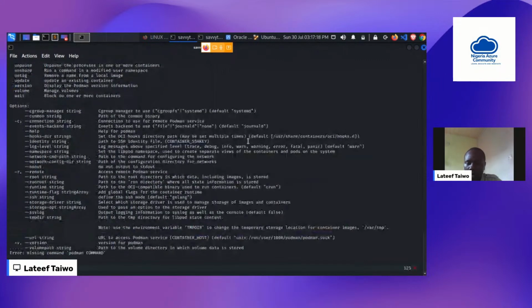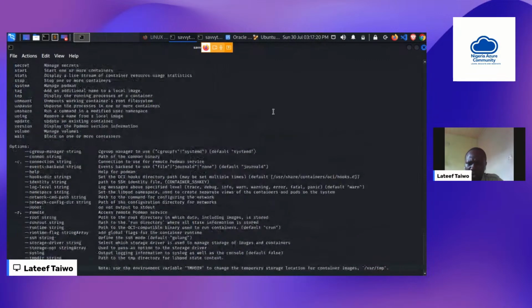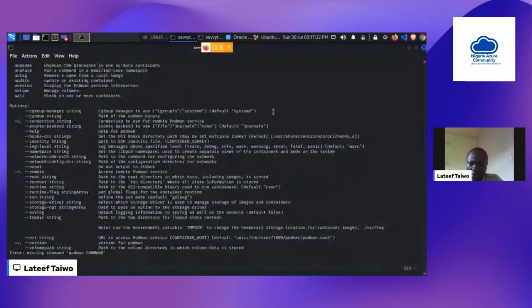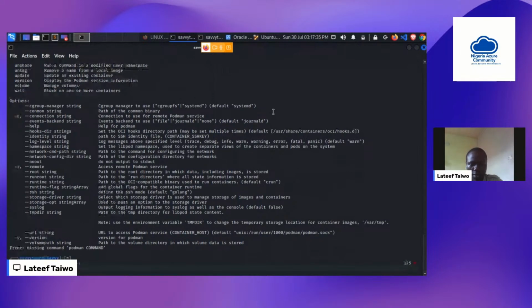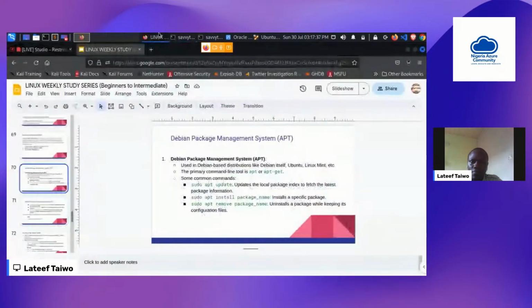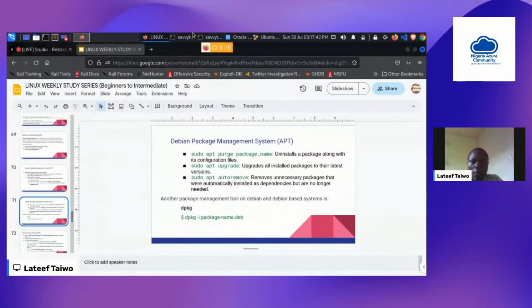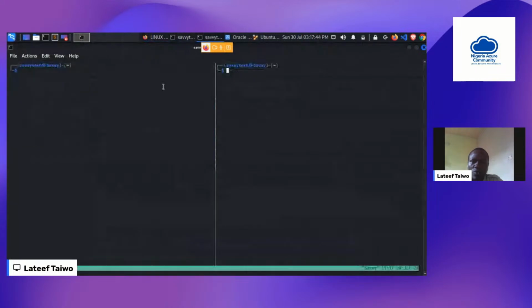So I can run Podman. Podman will come up, but that is, by the way, okay. There's a command I should use in addition to Podman, but I want to remove Podman. Sudo apt remove Podman. So this will remove Podman, and I will use the -y flag so that I will not be prompted to type Y. So while that is going on,